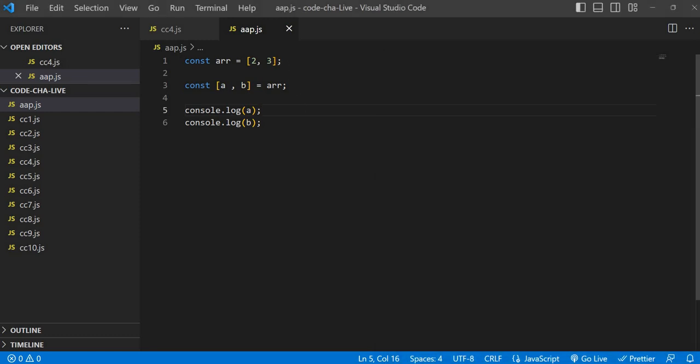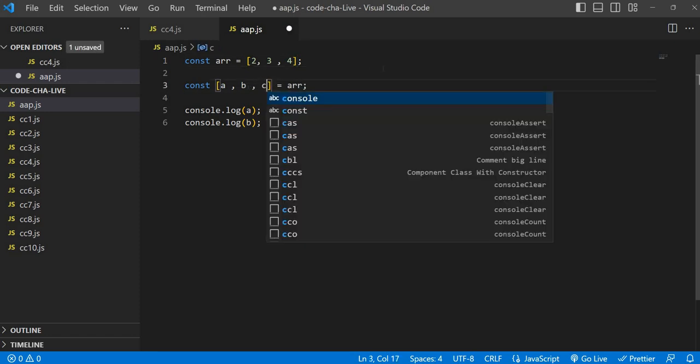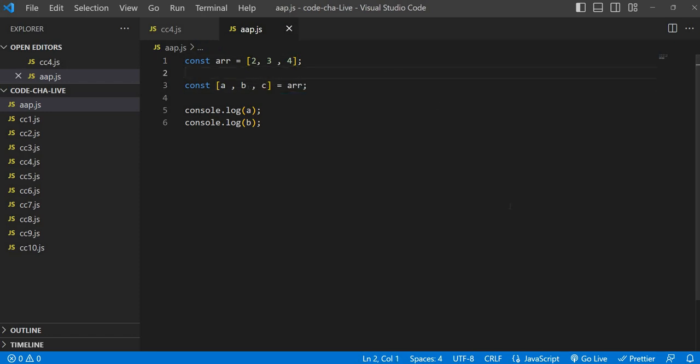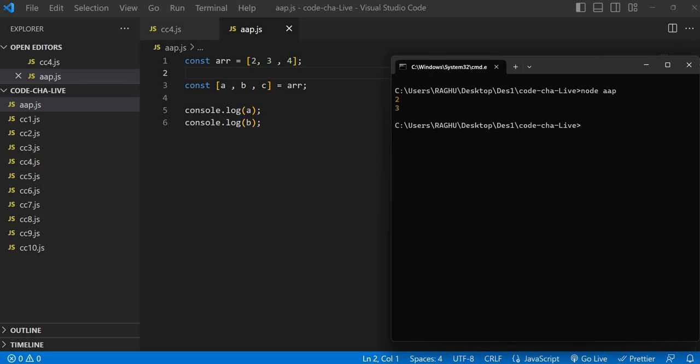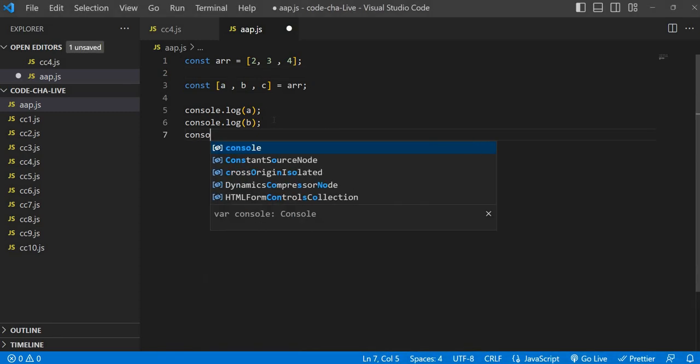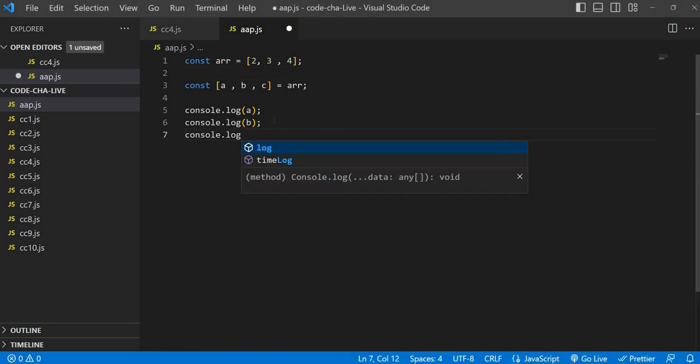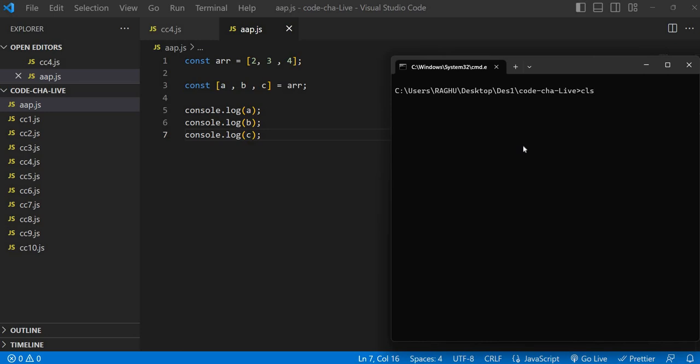And if you have 3 items, observe carefully, this is very, very important: 2, 3, 4. If you want to destructure into multiple variables, you can do it even with 3 variables. This is destructuring. I hope you are aware of this concept. If not, and you are a beginner,